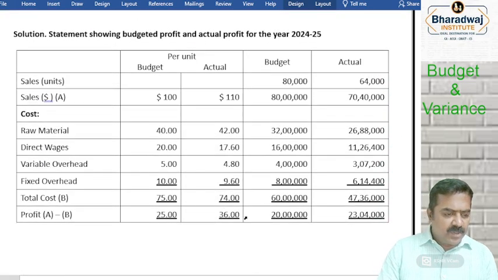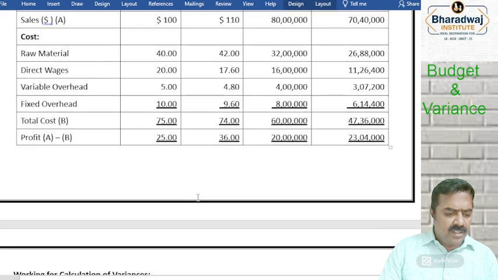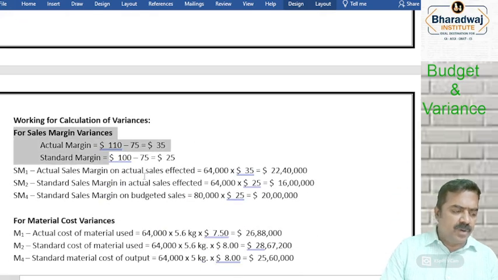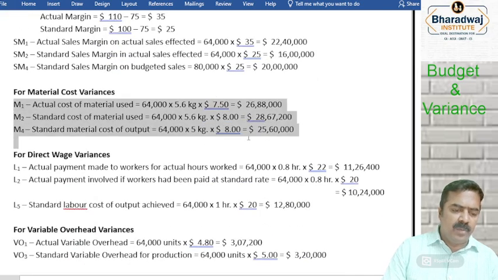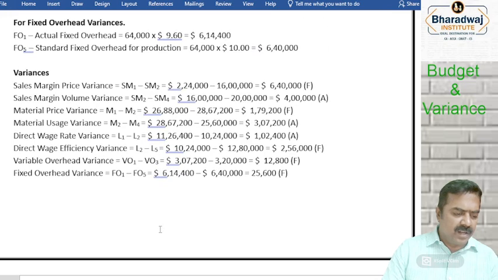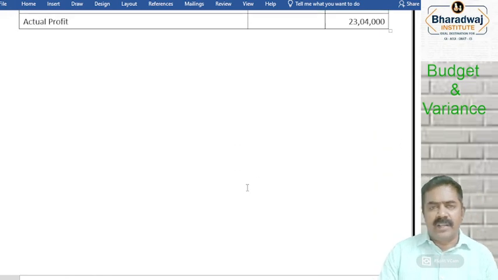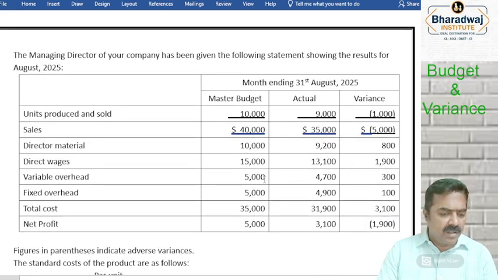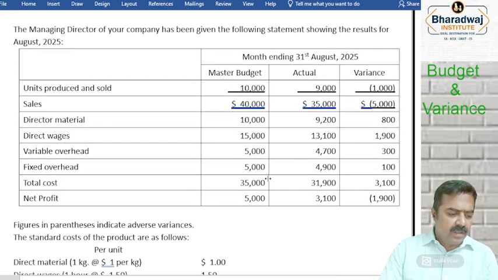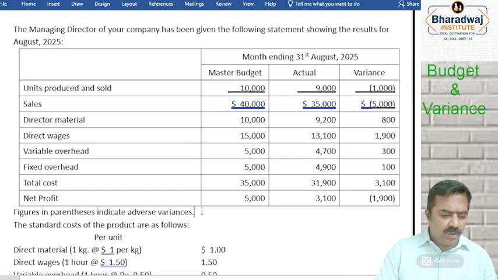We'll go for the next question. I'll share this, of course, material also. This material will have the style in which we worked out in the class. SM1, SM2, SM3, SM4, M1, M2, M3, M4 model we would have followed. That method solution will be there. Okay, the same answer will come. Let it be logical working or M1, M2, M3 model, the same working will come. Now what I request is, you are going to work out